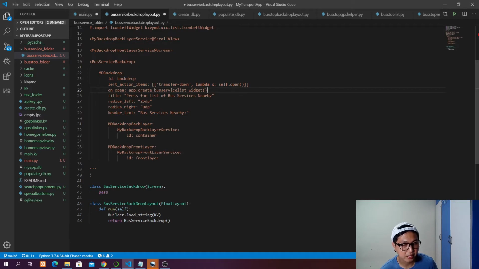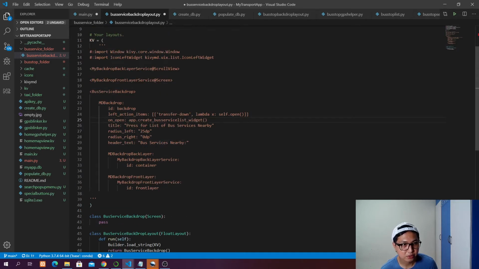The back layer, I'm going to call this a container. The front layer, I'm going to call it the front layer. And then you can create your own class here. You can put the name that you want to put. This one is going to refer to this, and then this one is going to refer to this. Okay, so